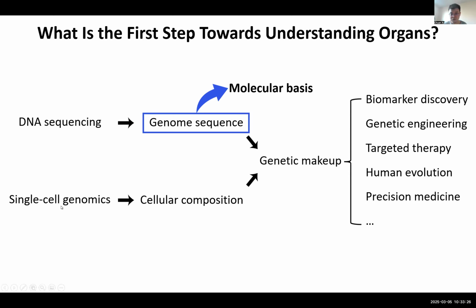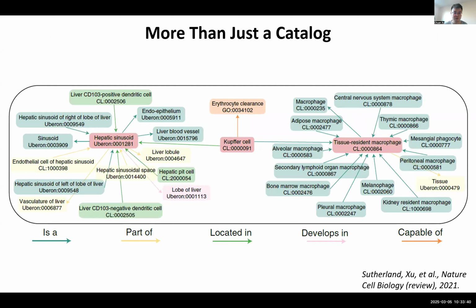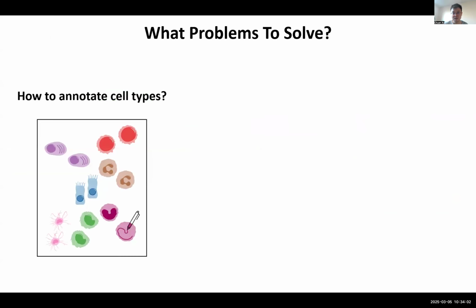Accordingly, single-cell genomics provides the cellular basis for understanding the cellular composition of the human body. One thing I would like to note is that disentangling the cellular composition of humans is not only about finding the full list of cell types in the body, but also about its anatomy, developmental history, functionality, and cell type interactions, which as a whole constitute the cellular landscape we have seen. And today I will focus on two basic questions.